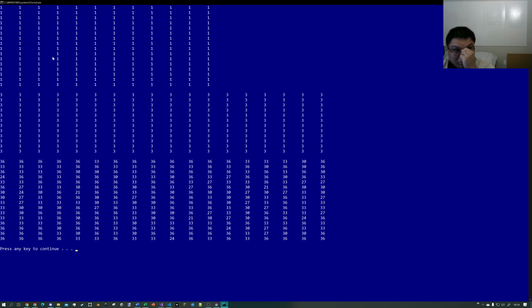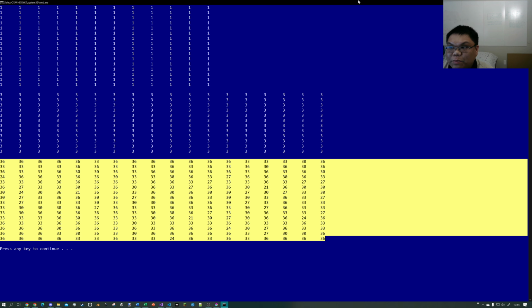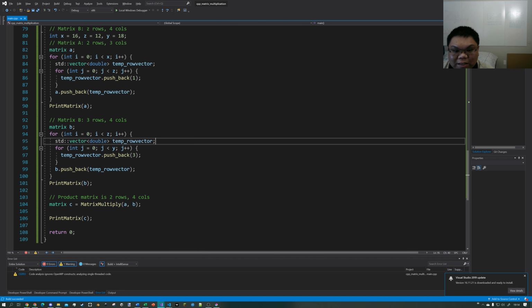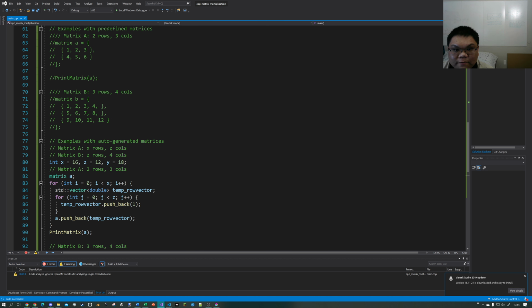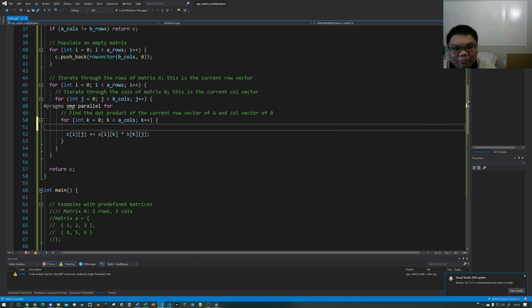Now, because all the row and column vectors are going to be the same, we should get the same value, but we're not. That's because we've accidentally introduced a race condition. We have multiple threads trying to access the same thing by incrementing it, and we get a synchronization issue that we can resolve by adding